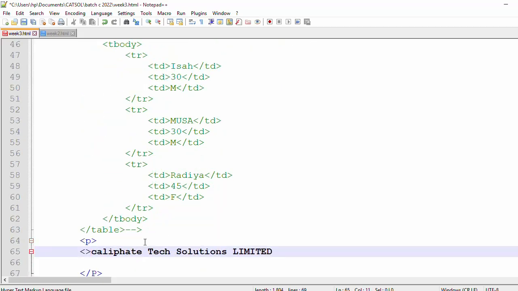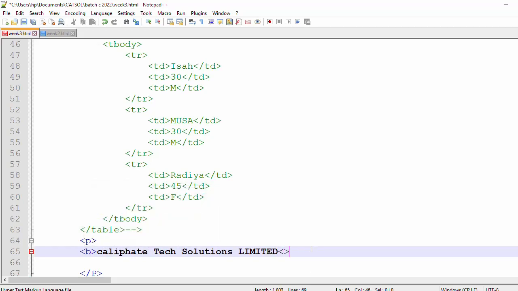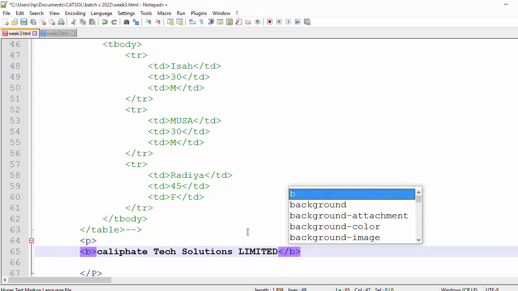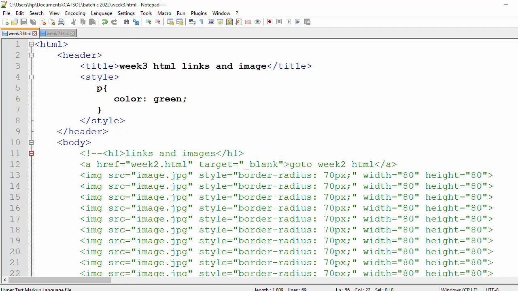Let me just do this one. B tag here. Okay, save this and come back to my CSS here and refresh this page here. Yes, we see our text in bold, so you can see what is there, or maybe